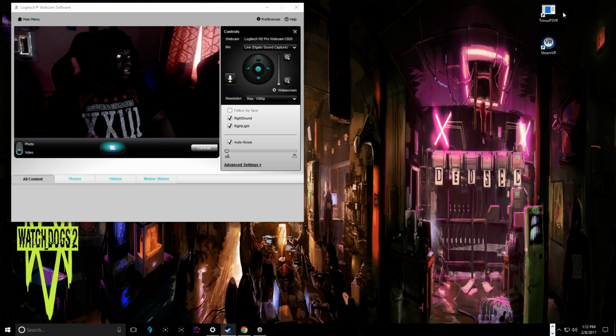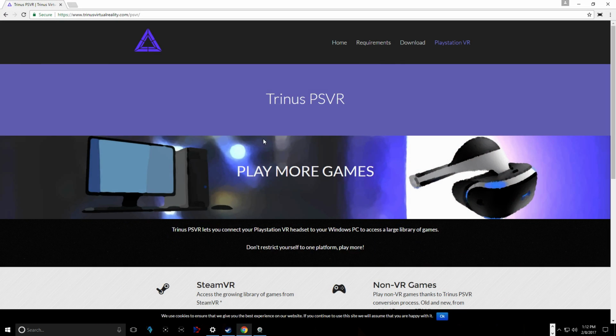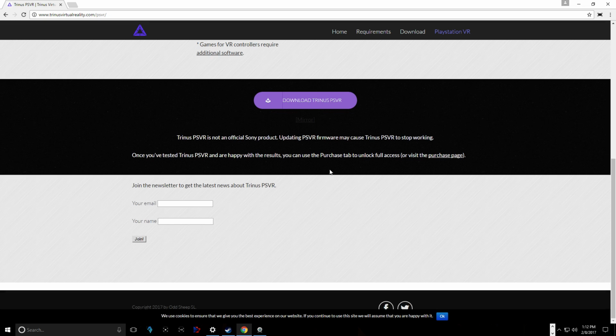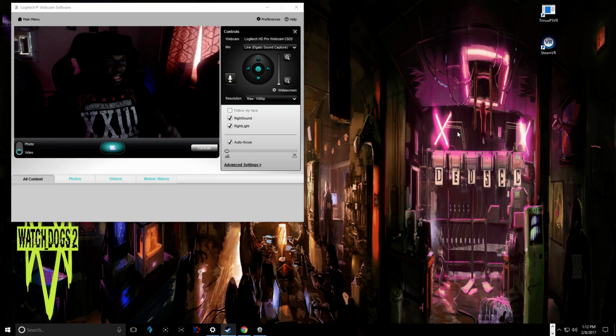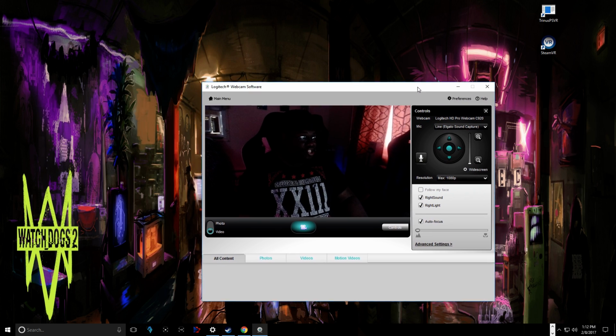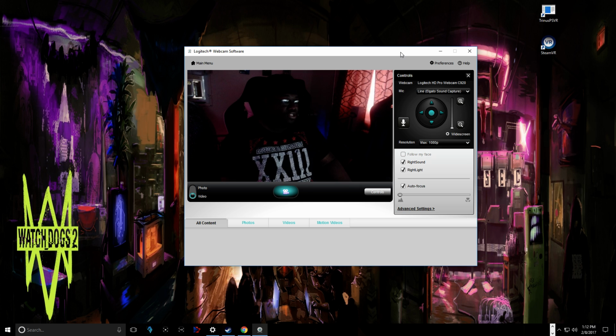As you can see, I have some programs right here on my screen. These are the two main programs you want. Basically, this is the website you're going to go to. You're going to go here, then download this. So basically, what you're going to do is go to PlayStation VR, scroll down, hit download, and it's going to download to your files. You already know that part. You're going to install the thing. Make sure you got Steam VR up. You're going to click on your Steam VR, but you're not going to run Steam VR just yet. You're going to have to go through the steps you need to get everything started up. So basically, I'm going to run this program right here,